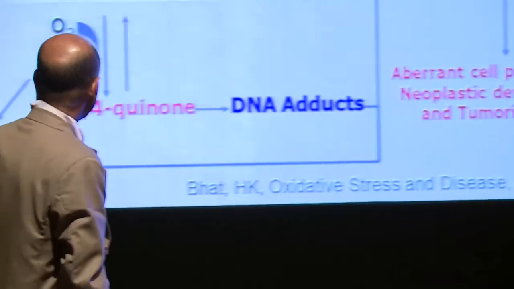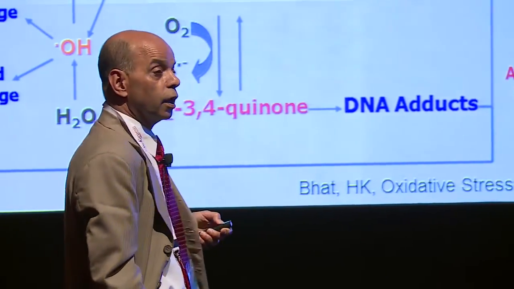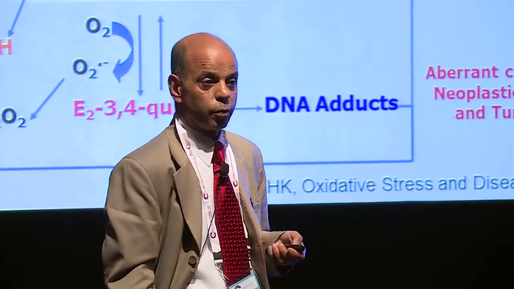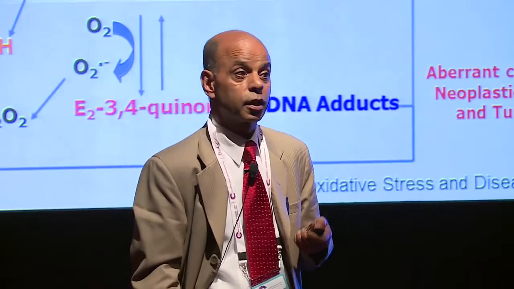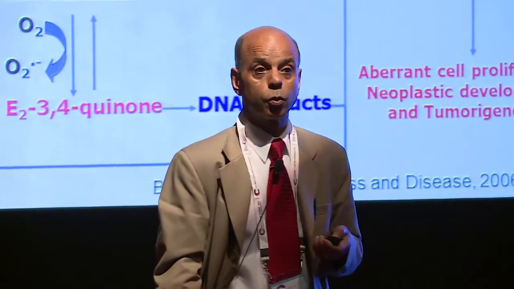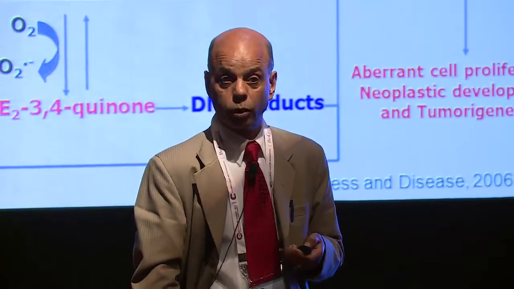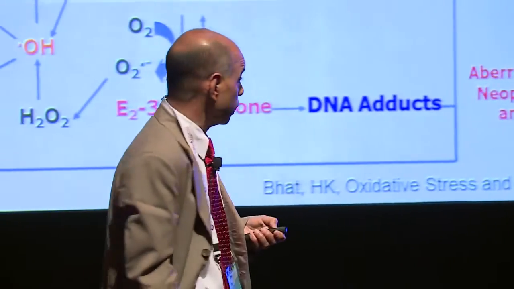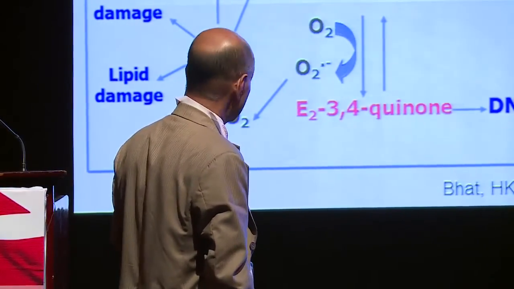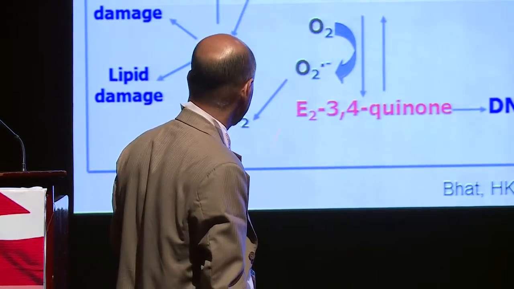So this slide is a very busy slide, but it shows that the metabolic potential of some estrogens is a better predictor. The oxidative potential, the ability of estrogens to produce reactive oxygen species, is a better predictor of their carcinogenic potential than their receptor binding affinities. So this shows how we think that estrogens can produce reactive oxygen species and oxidative stress, and that can contribute to